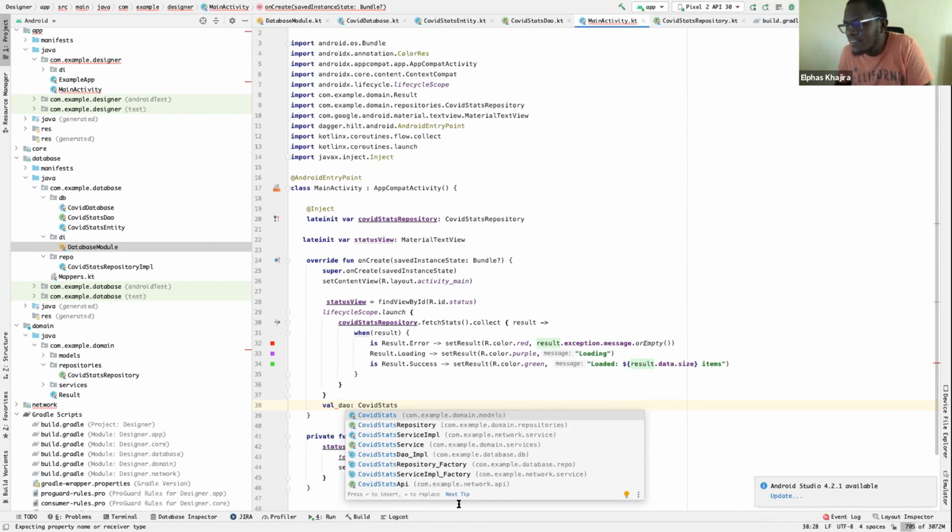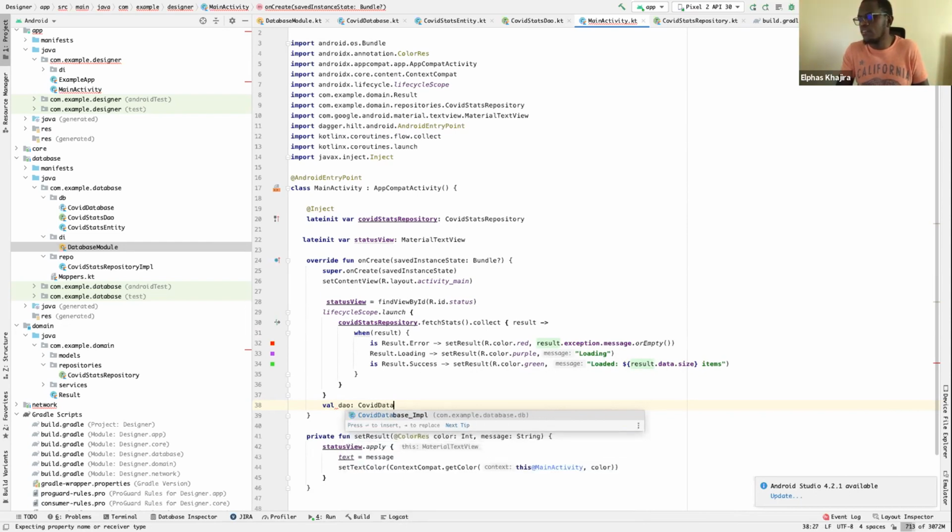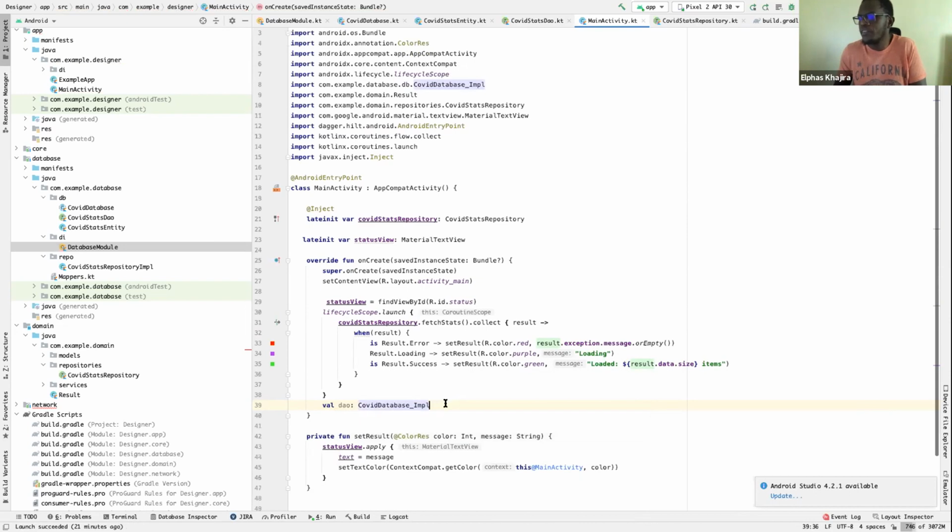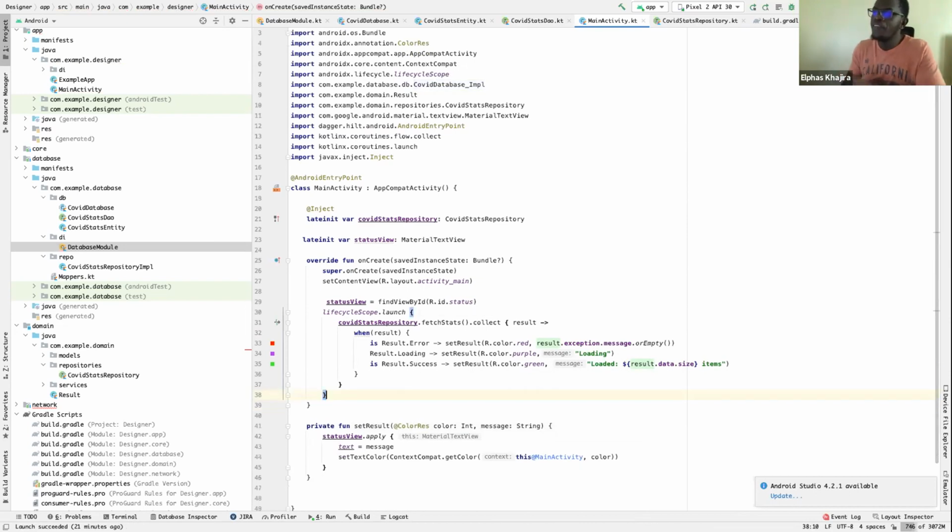I can't access my DAO at all. And I can't access my database, COVID database. Whatever is here is whatever I can't access. I literally cannot use this. So by doing that, I've hidden all the implementation about how my database provides me with data from the application module.